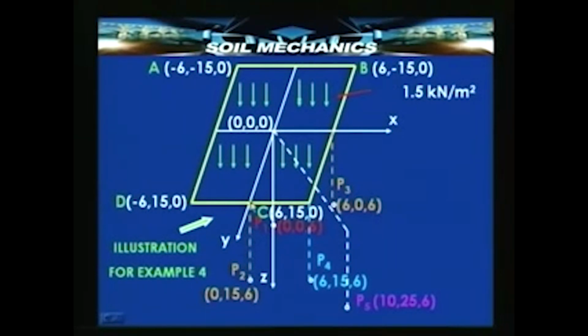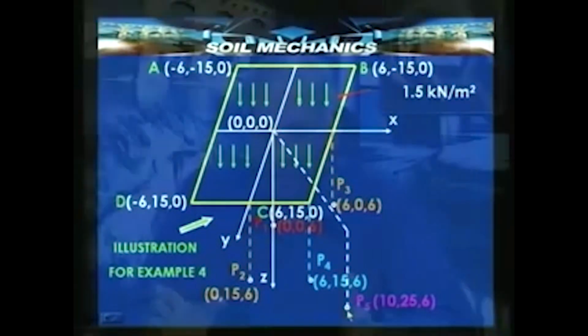P2 is located below the midpoint of this side. P3 is located below the midpoint of this side. P4 is located at this corner and P5 outside the area. Now, in order to understand better the relative locations of these points, we shall sketch